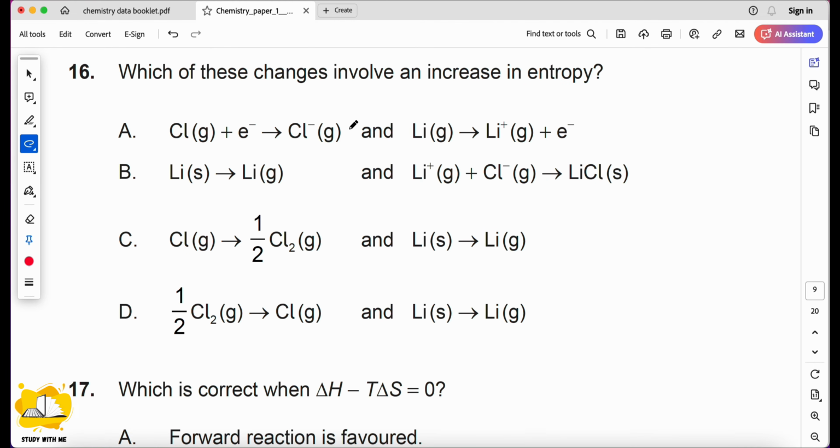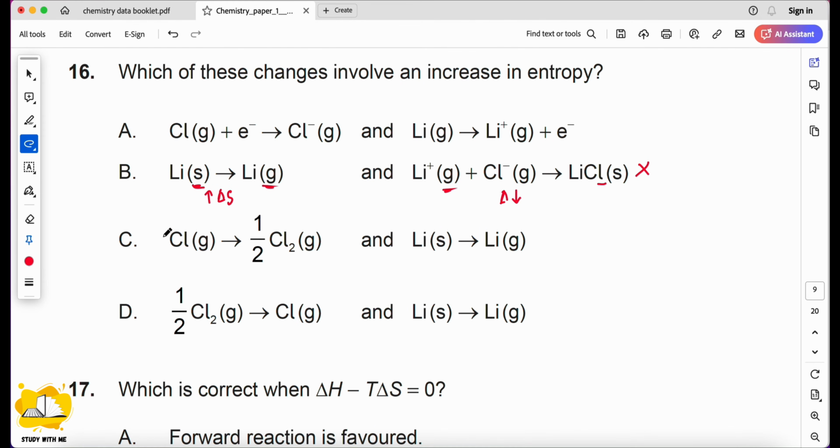So for A, it doesn't change the number of moles, it's just adding the electron. For B as well, you can see solid to gas. From solid to gas, obviously the entropy will increase, but from gas to solid, the entropy will decrease. So B is not. And for C